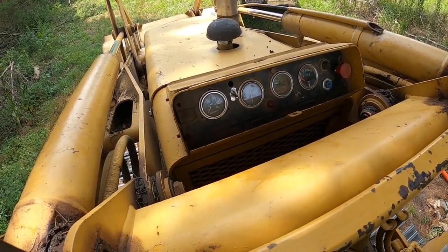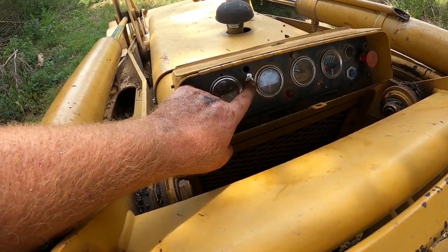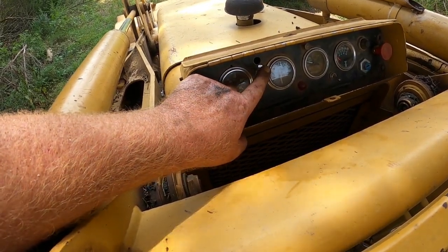Okay, well, we were able to get everything back together. Just put a new toggle switch in here. I drilled the hole in the wrong spot, got in a hurry. This is basically just temporary for right now, but click that on and it puts power back to everything, and the